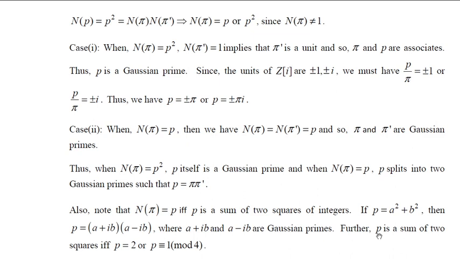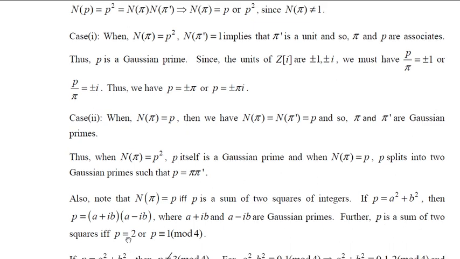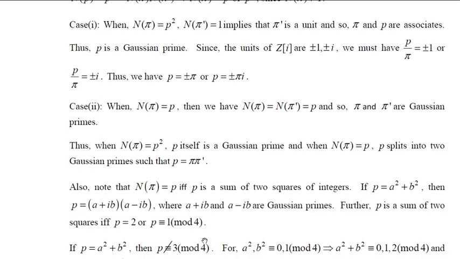Further, p is a sum of two squares if and only if p is of the form 2 or p is congruent to 1 mod 4. Why? What happens if p is congruent to 3 mod 4? Suppose p equals a squared plus b squared,